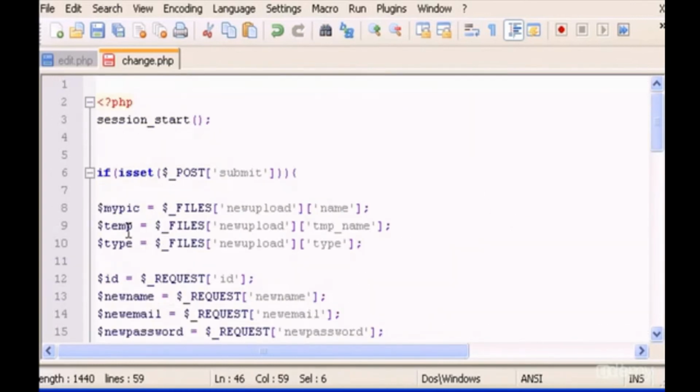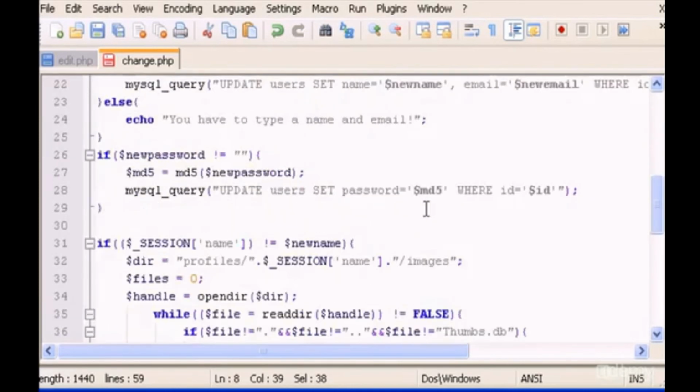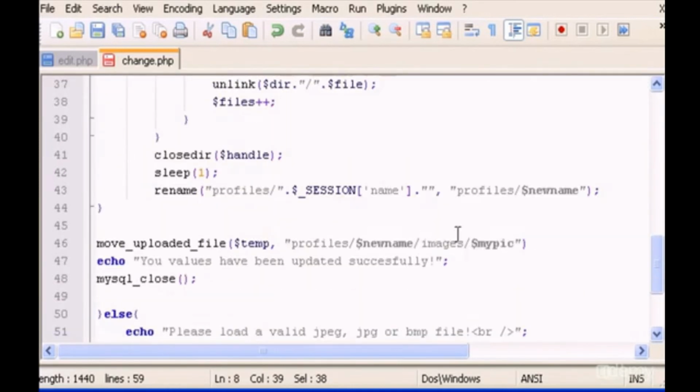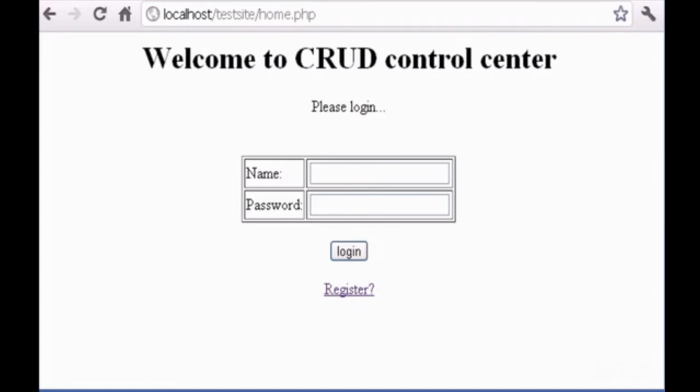As you see in here, this is going to be the name of the file, and this is where it's going to be placed. So semicolon, and now we can echo your values have been updated successfully, and that's it. Let's save this,